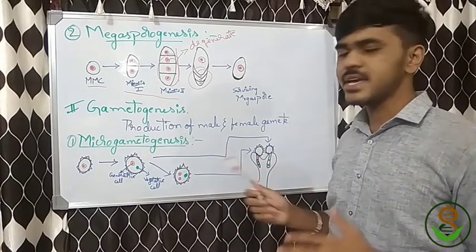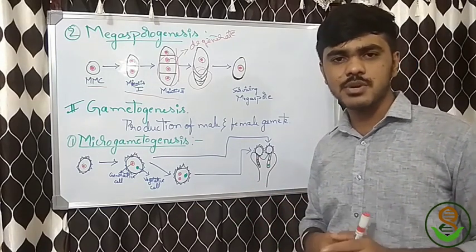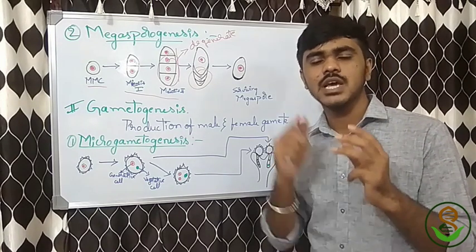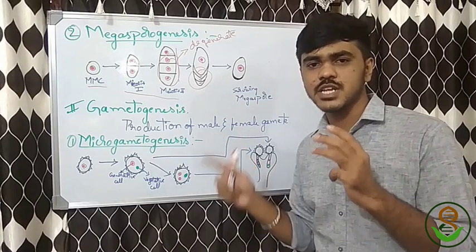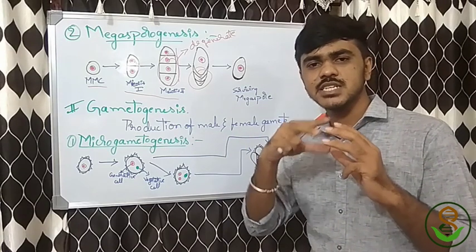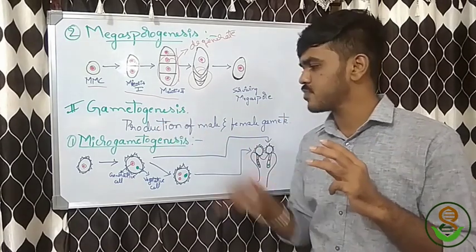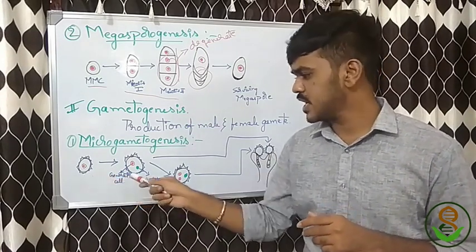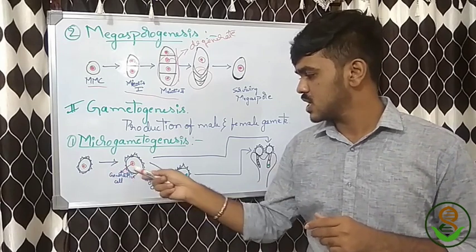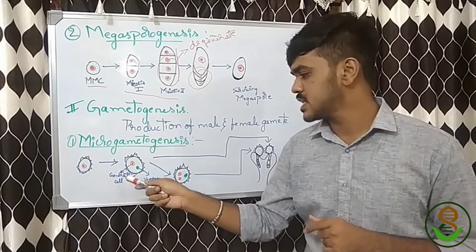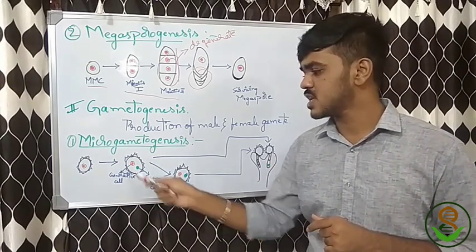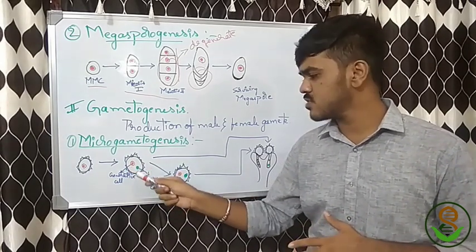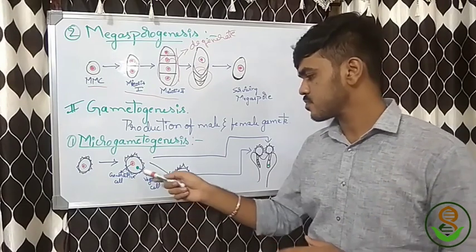Now we shall see microgametogenesis. As I said, the pollen with a thickened wall is the end of the microsporogenesis. From that stage, it continues to develop into a gamete. What happens? First, it undergoes a mitosis that leads to 2 cells, a generative cell and a vegetative cell. I have shown the generative cell with a red color, and the vegetative cell with a green color.